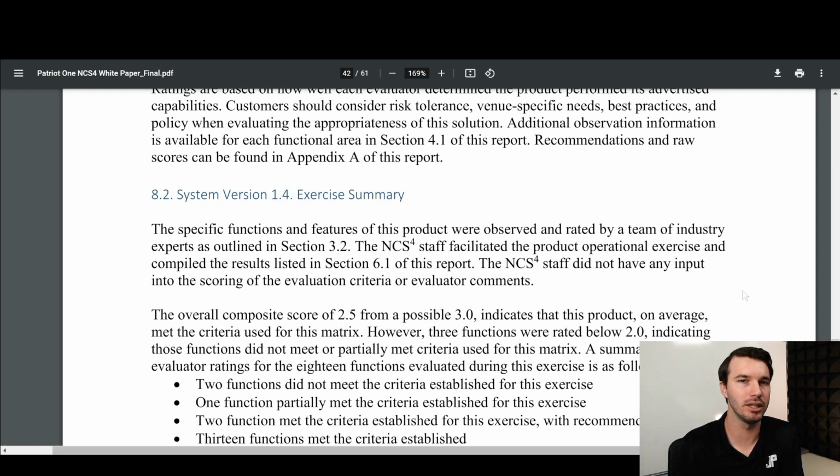I think there were probably a lot of customers that were kind of waiting to see what happened from this, especially since we saw from not only what NCS4 said in this report, but also the announcements, the newsletter that Peter put out recently. There were a lot of people in attendance from NHL, NBA, NFL, major pro sports leagues, global live entertainment companies that were watching this, and if they're actually there watching the report, they're probably interested in the results, which means whether or not they actually go with the product is probably dependent on, okay, how does Patriot One actually perform